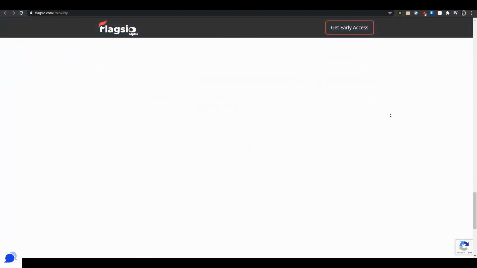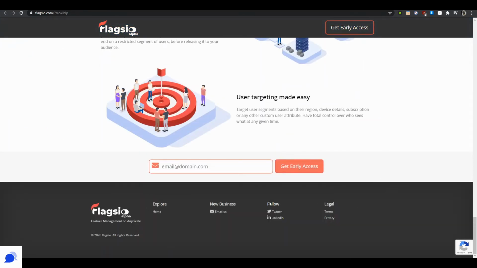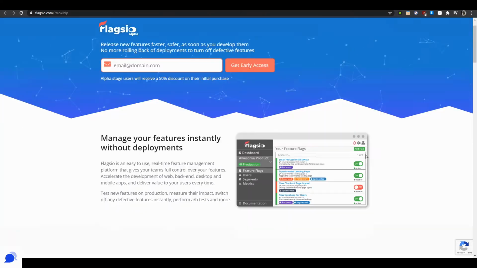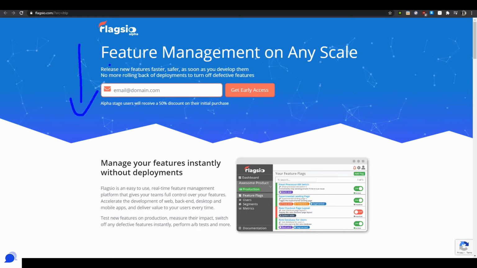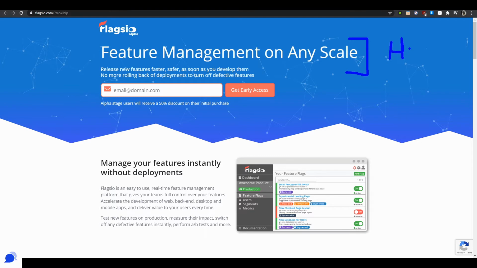It's a one page with a bunch of things in the footer and no other footer page, no extra sub pages. So I will be analyzing the start of this website, and I will go from the top to the bottom, obviously, almost like as you would read a website. So, feature management on any scale. This is your header, your H1, and then you have a small H2 here, and then immediately you have a